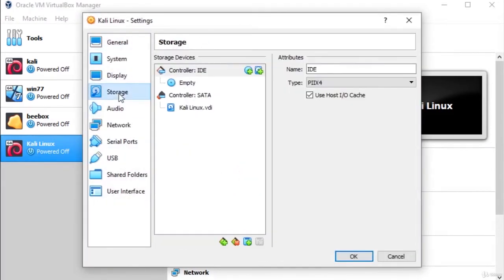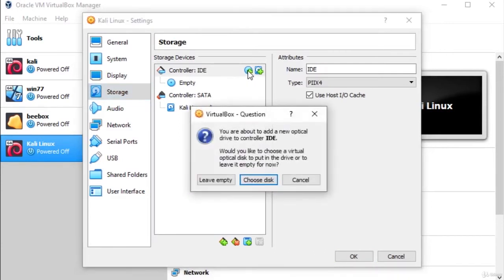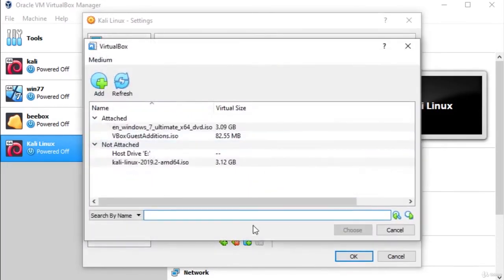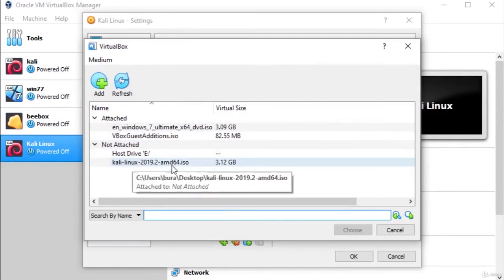Under the storage, you will have this controller IDE. Click here on the actual circle with a plus, it will ask you whether you want to leave empty or choose disk. We want to choose disk. And right here, if you don't have the actual Kali Linux ISO file specified in here, in this small window,